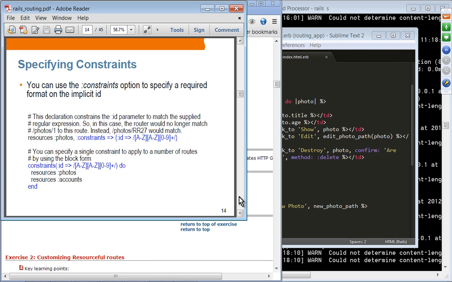Constraints. You can use the constraints option to specify the required format for the implicit ID. So in this case, what you're saying is that the URL has to have the ID value of this format. In this case, it has to start with a capital letter, which is followed by